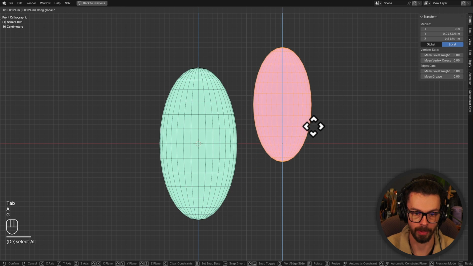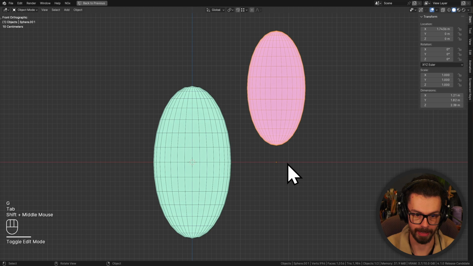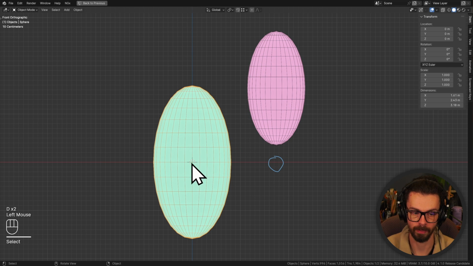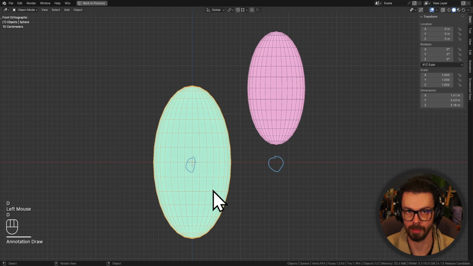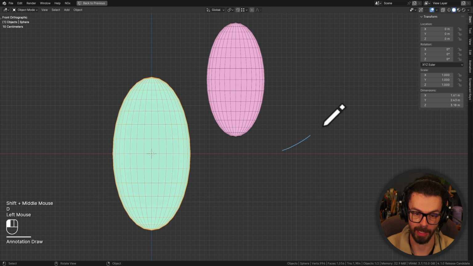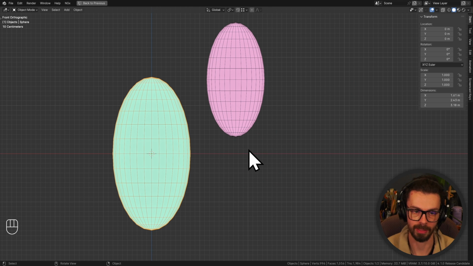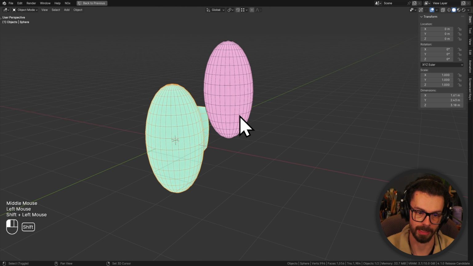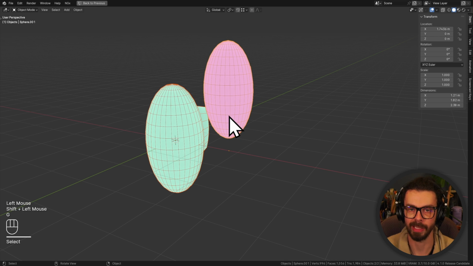And if I tab into edit mode and I'll move it up, now you can see that this one's origin is not in the middle of the geometry, whereas this one is in the middle of the geometry. So we want to make sure that in our case here, if we have an edge, it's always going to place our little rugby ball here on the edge, regardless of where our origin position is relative to the geometry. So a few things that we can build into our objects here that just guarantee that we're building a robust